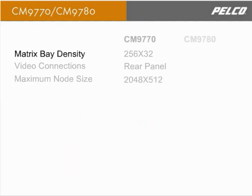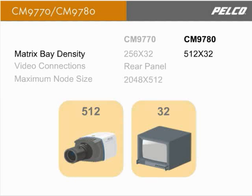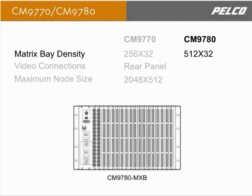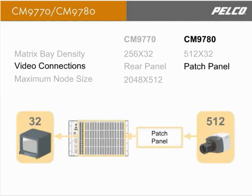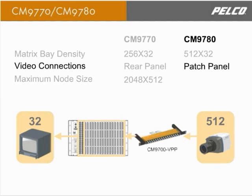The CM9780 system supports up to 512 inputs and 32 outputs within a single bay. But with video connections on the CM9780, there's simply not enough space on the rear panel to support all 512 BNC connections. Instead, video is brought into patch panels, which in turn connect to the matrix bay using ribbon cables. The patch panel for the CM9780 bay is called the CM9700 VPP. It has 32 BNC inputs for connecting video and 2 coax ribbon cables that connect to the rear of the